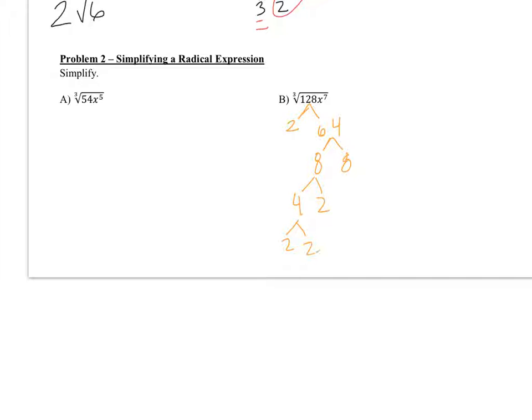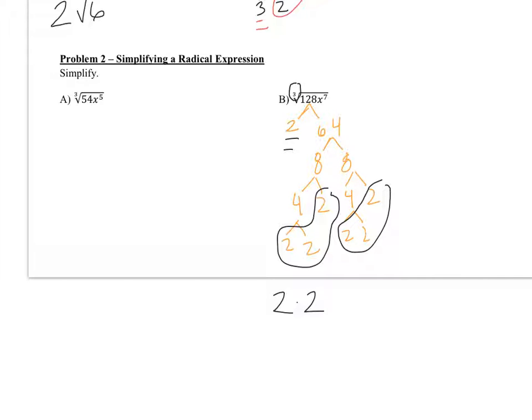Now when you are doing this, you only are looking at the numbers that do not have branches. So in this case, this 2, this 2, this 2. I don't do anything with this 4 because it has branches. This 2, this 2, this 2, this 2. I'm looking for groups of 3 because it's a cubic root. So here's a group of 3. Here's a group of 3. And then I look, this 2 is left over. So what I have now, I have 2 groups of 3. So 2 times 2, and then there was a 3 left over,